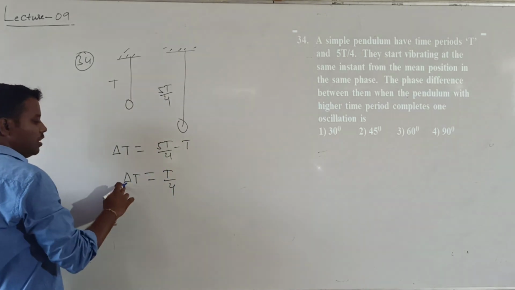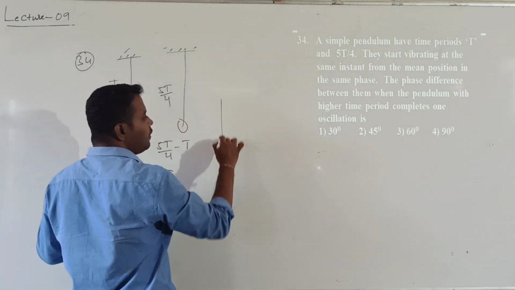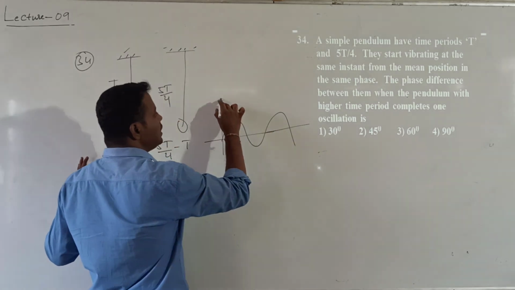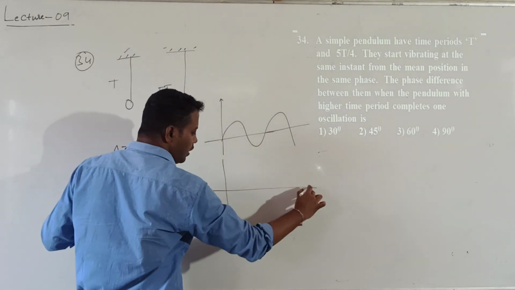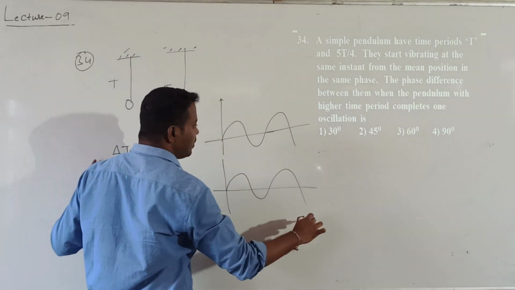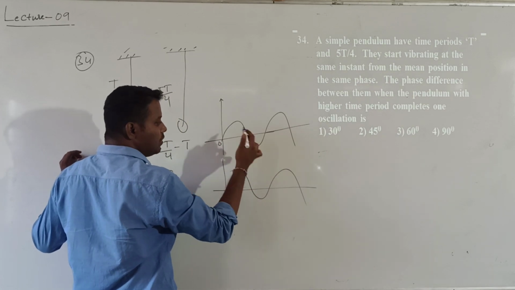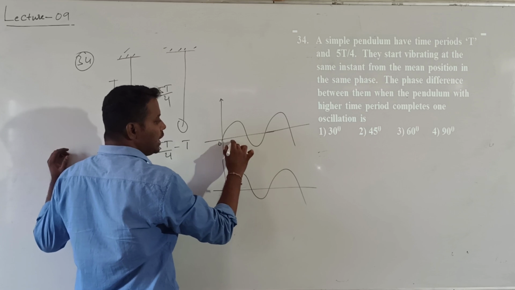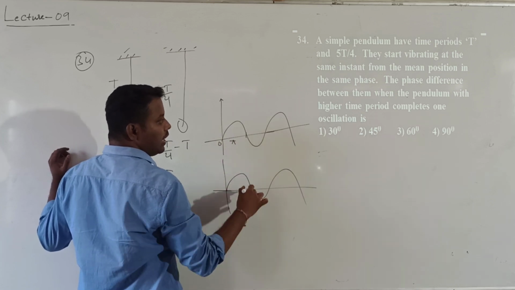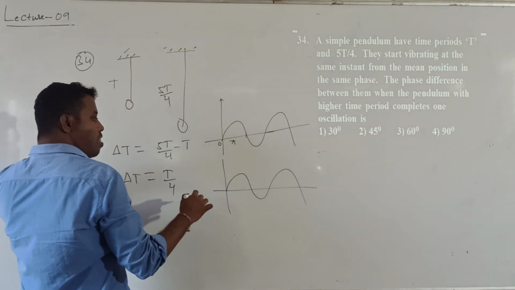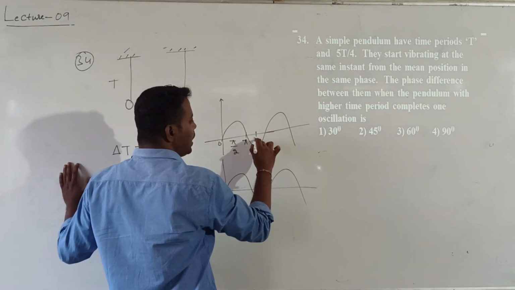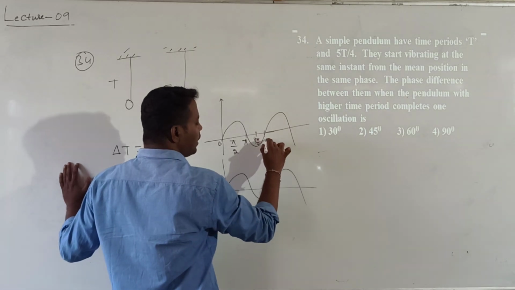Whenever there is a time difference of t by 4, you know that. So a time difference of t by 4 corresponds to, if I plot the graph, generally phase is nothing but the state or condition regarding the position of a particle executing SHM, right? So I can express the phase value in terms of pi or in terms of t. So 0, here I will get pi, so here I will get this one, pi by 2, then pi, then 3 pi by 2, then 2 pi.